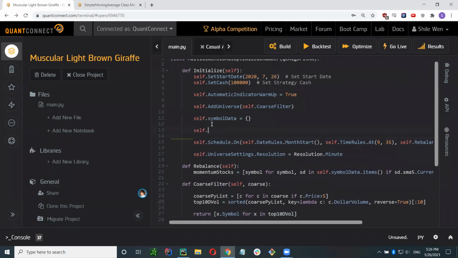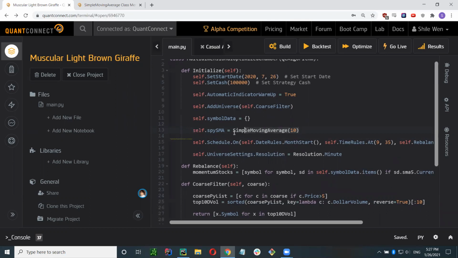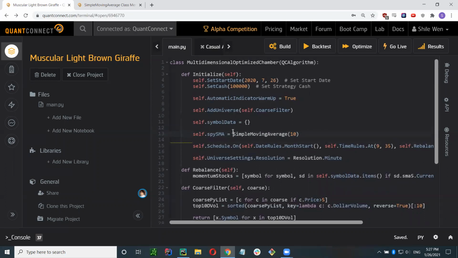Like if we want to do self.spy_SMA, another way we could do this is SimpleMovingAverage. Okay, so when we do it through self.SMA, the